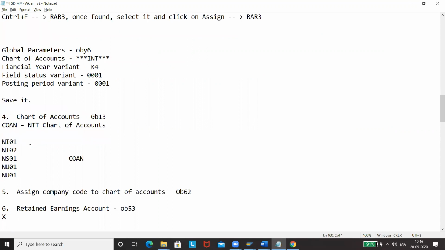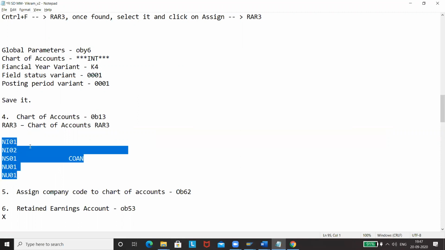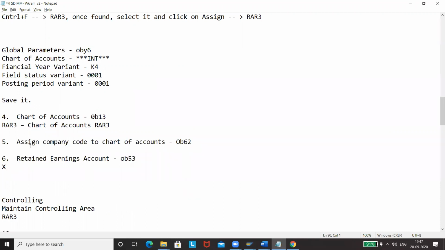And now I am copying here. If you need, you can refer to them here. So what we have done: we've gone to this one, and we've maintained RAR3 as chart of account. Then we have come here and assigned our company code to chart of account in OB62, and then we have come here again.